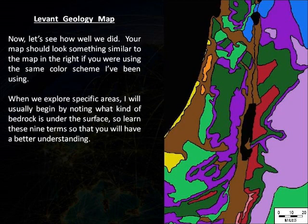So now that we're done, let's see how well we did on our map. Your map should look something similar to the map that is here on the right if you were using the same color scheme that I've been using throughout. And when we explore specific areas, I will usually begin by noting what kind of bedrock is just under the surface. So learn these 9 terms at least as well as you can, so that you will not have to keep pausing the video and review your notes every time,